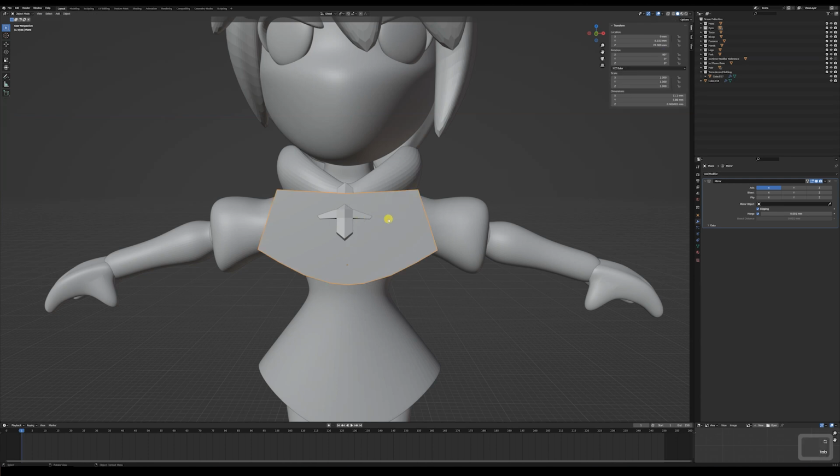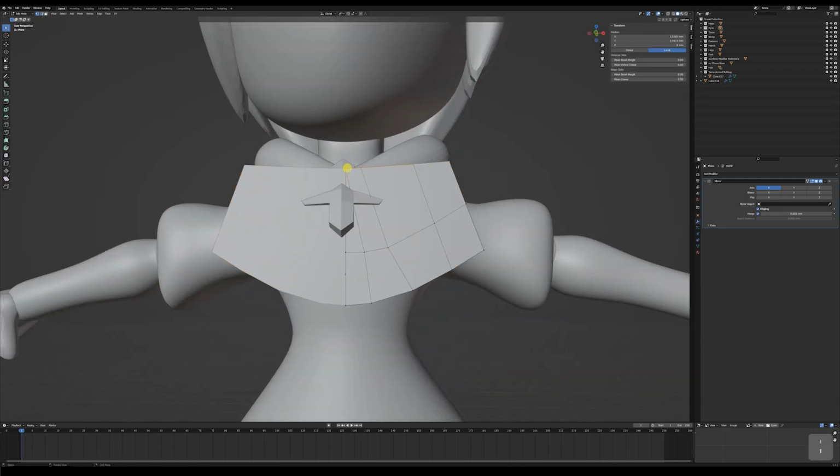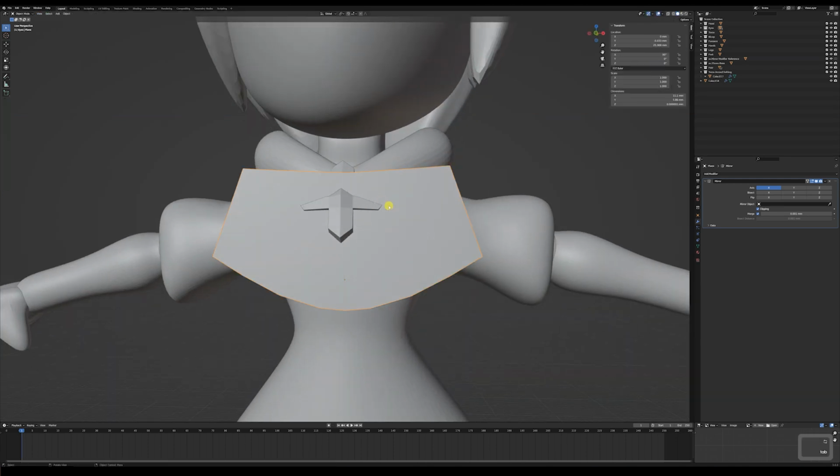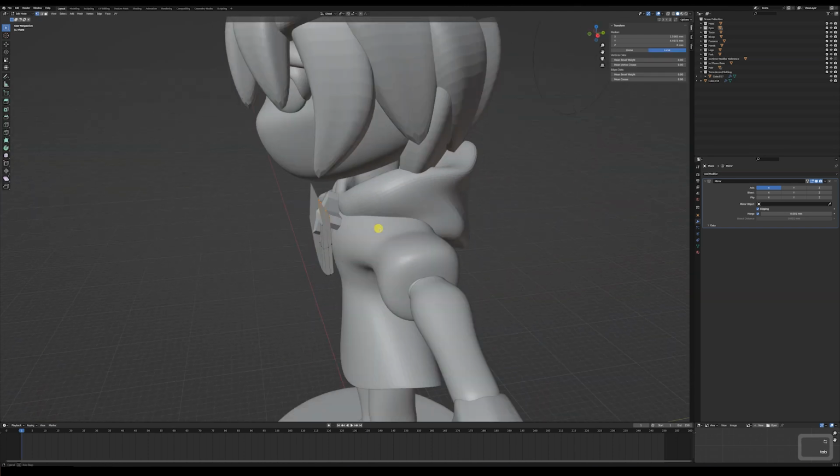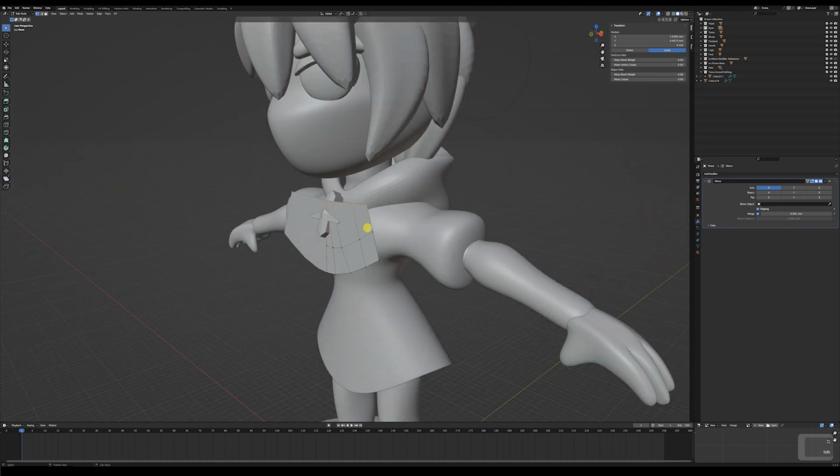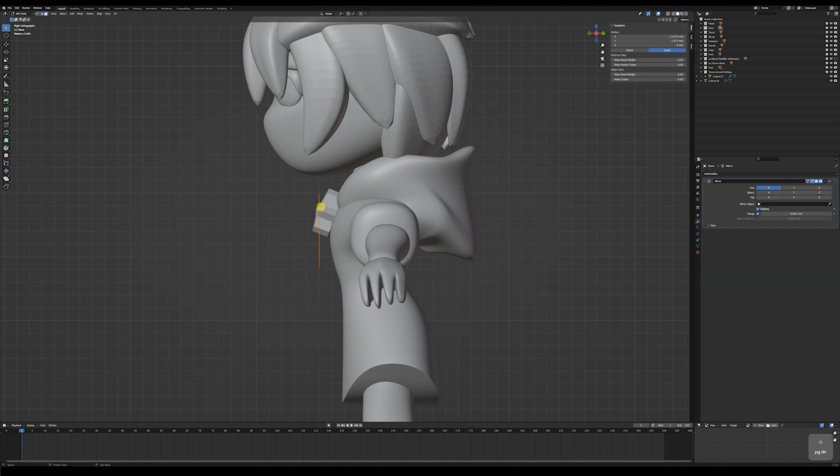Okay, cool. So that's looking pretty good. I think I need to move. Yeah, that's pretty good. Now, what we're going to do is let's select all the faces. Go into face select and hit A to select all the faces. Hit 3 on your numpad to go to your side view, and then we're going to extrude it out to